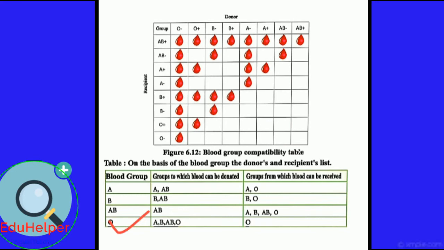The rules for plasma are the opposite of those for Rh. A universal plasma donor will have type AB blood. So there are a few risks. Now I am going to talk about the